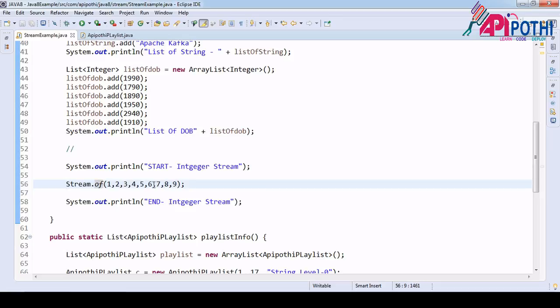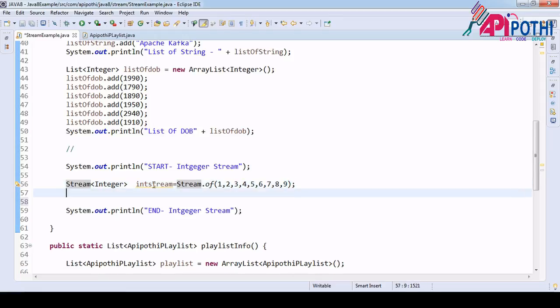Since it is returning a stream type only, now I want this data to be saved as an integer type. So Integer, and what is the name of the stream? intStream equal to. So we have created one. This is the way to create the stream directly if you don't have any collection object.